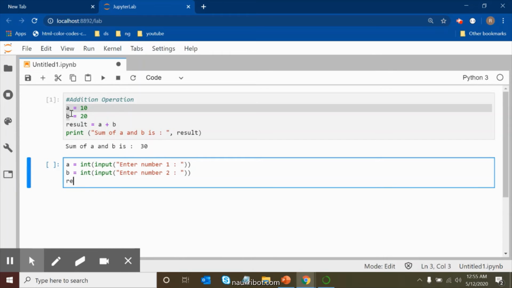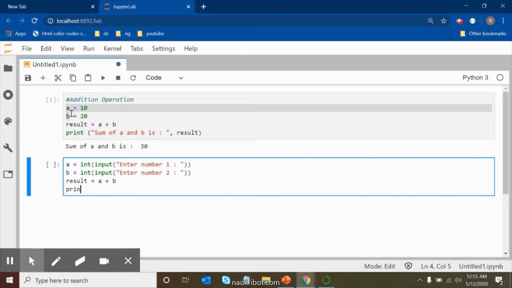In the same way I will write result is equal to A plus B, and in the third line I will write print, sum of A and B is result.